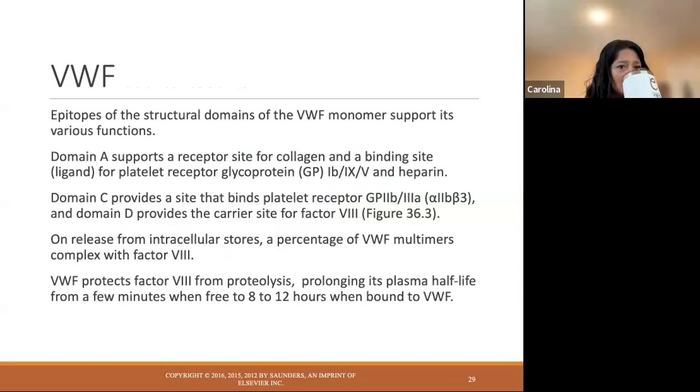So there are epitopes. If we're looking at it from a molecular point of view, the von Willebrand factor monomer has epitopes, structural domains, that support different functions. Okay, it supports its various functions because yes, the primary function is to bind and adhere platelets to the site of injury, but it also has other functions, one of them being a protective big brother for factor 8. So I'll show you here